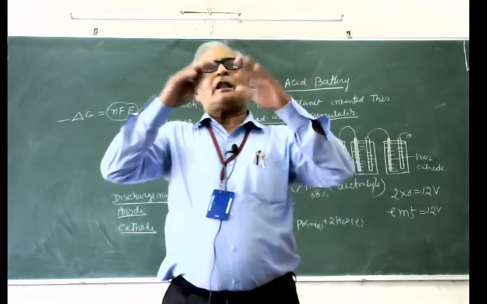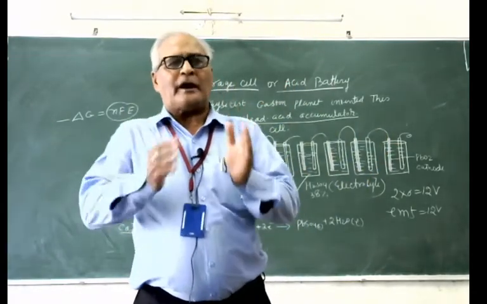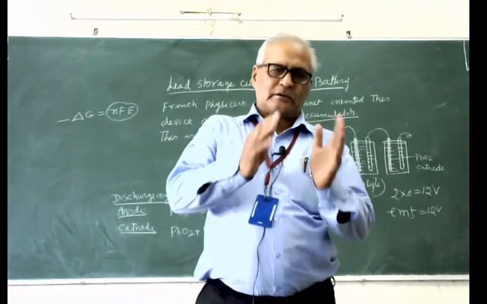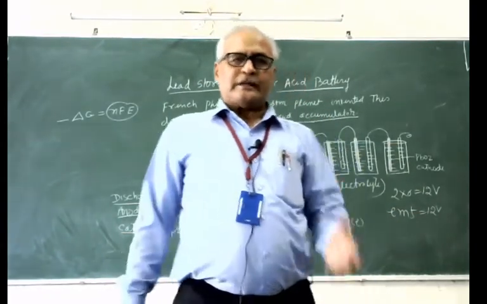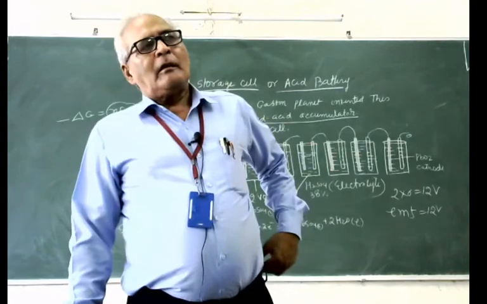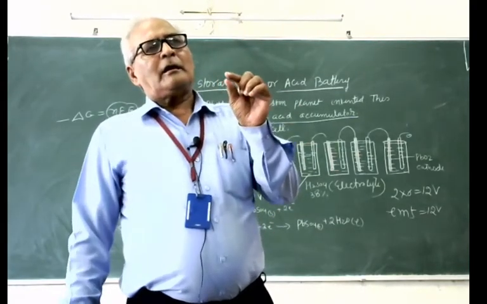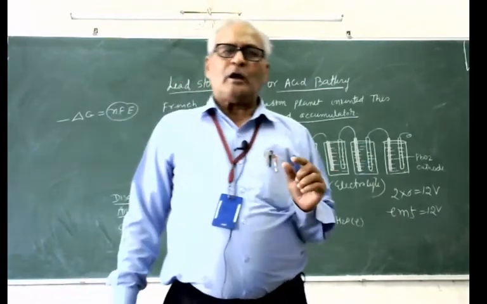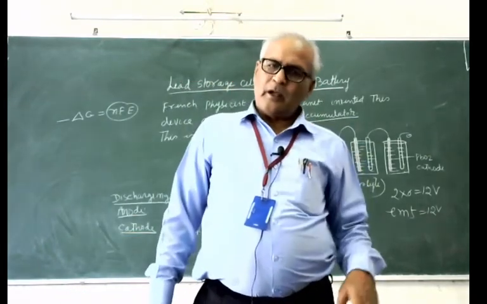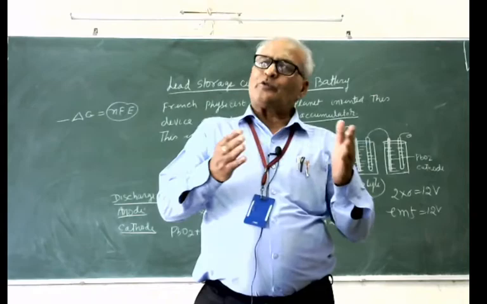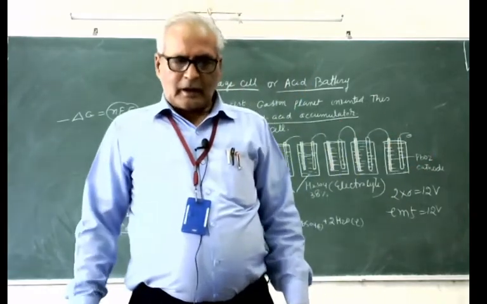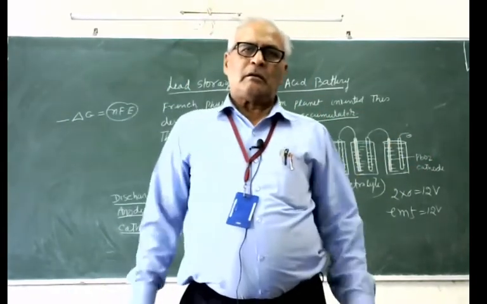So when the electrodes are completely covered by the lead sulfate, which is solid and insoluble, you will get a hard coat over the electrode and current flow stops, and